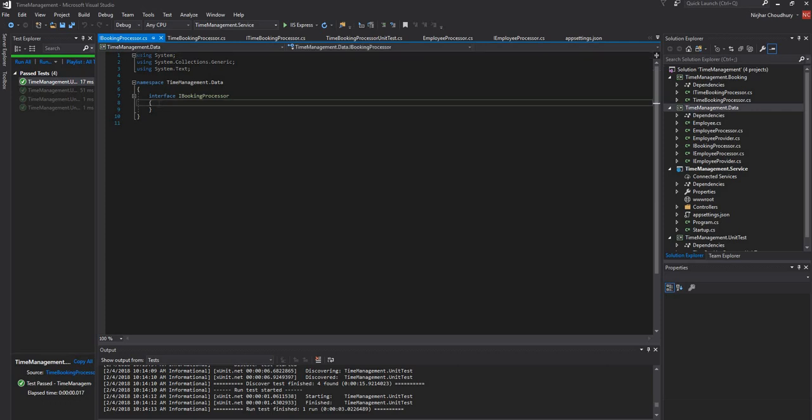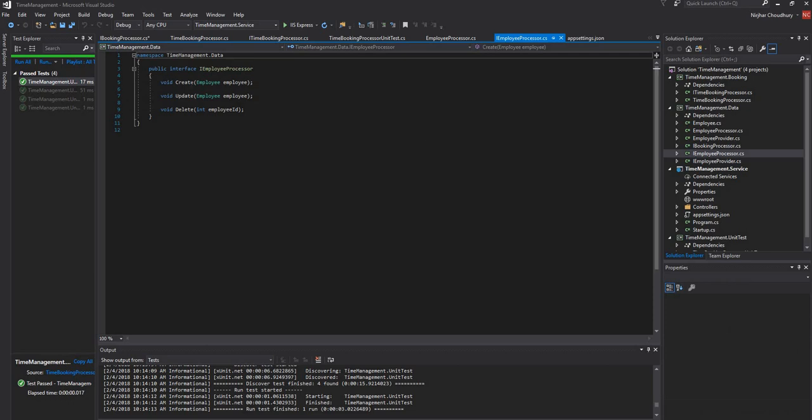Here I'm going to do a similar method, and for the booking processor also I'm going to start with bool as a return type so that I get feedback, and just like my other processors I'm going to create a similar name. So I'm going to name it Create,